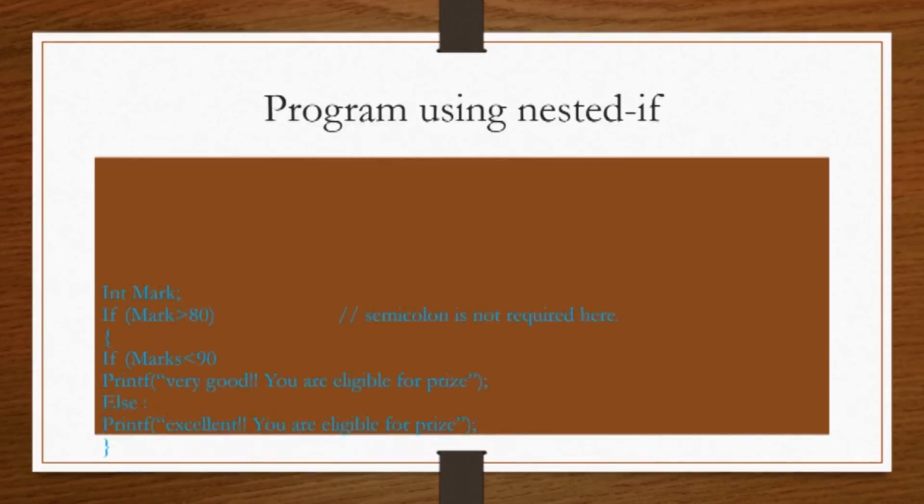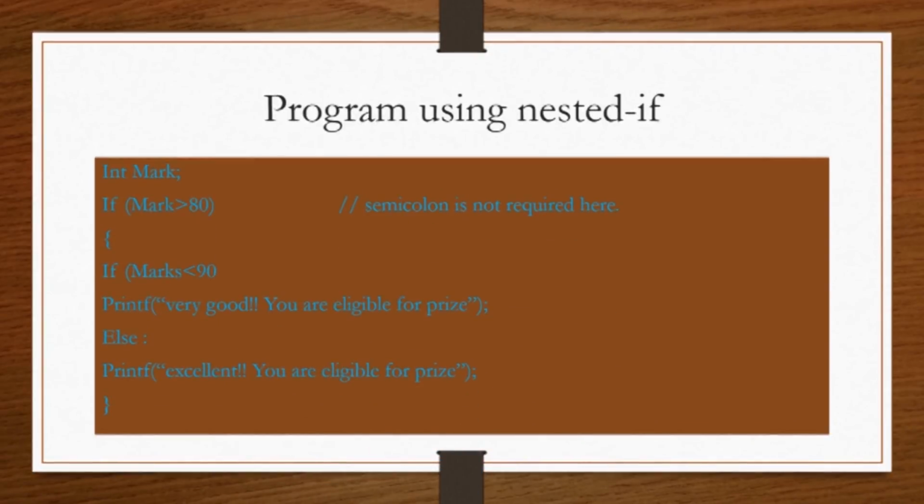Let's discuss again the previous example, that is prize distribution. Now, if we change the statement a little bit, like a student is eligible for a prize if he scores marks more than 80%, but students receive different messages: 80% to 90%, very good, you are eligible for prize. More than 90%, excellent, you are eligible for prize. So, we can use if statements in different forms according to the requirement. The other conditional statements we'll